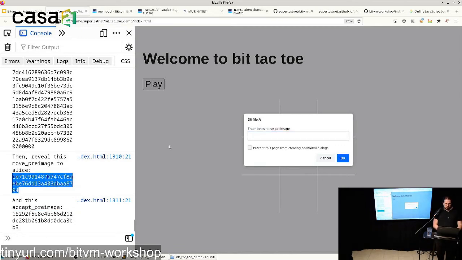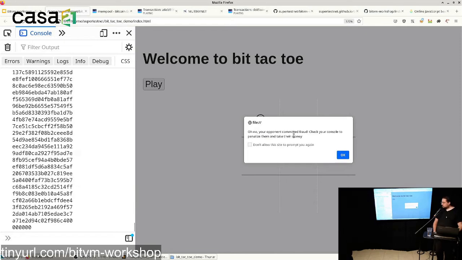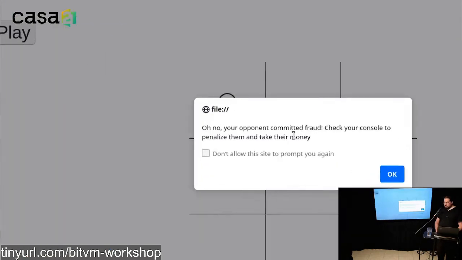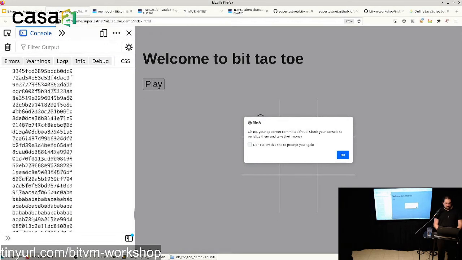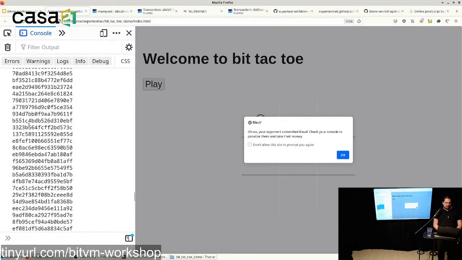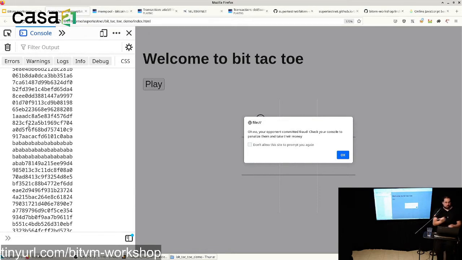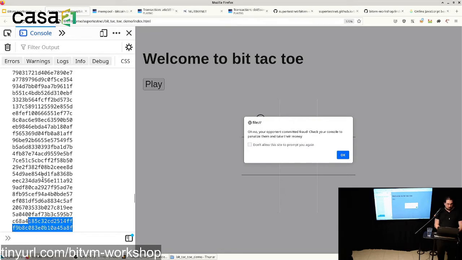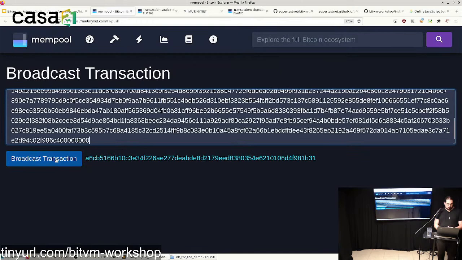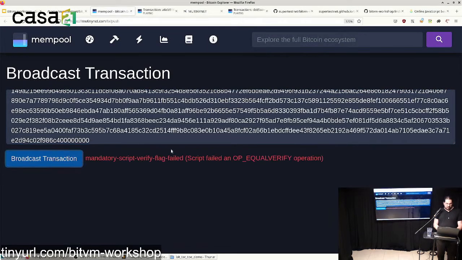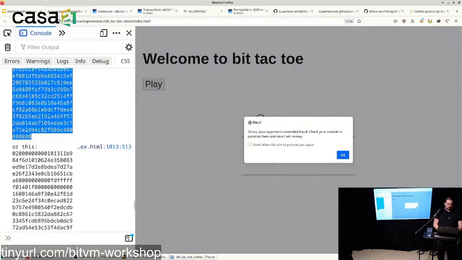And she also gets his move. And boom, it says, oh no, your opponent committed fraud. Check your console to penalize them and take their money. And we've got 2 versions of the transaction. There are 2 different ways that he could reveal the pre-images that are both valid. And rather than detecting which one it is, I just include 2 transactions where they're swapped, and then one of them will be valid. So let's try the first one, and we might get lucky and it's valid. Nope, that one's not valid. So they were in the other order. So we grab this one,